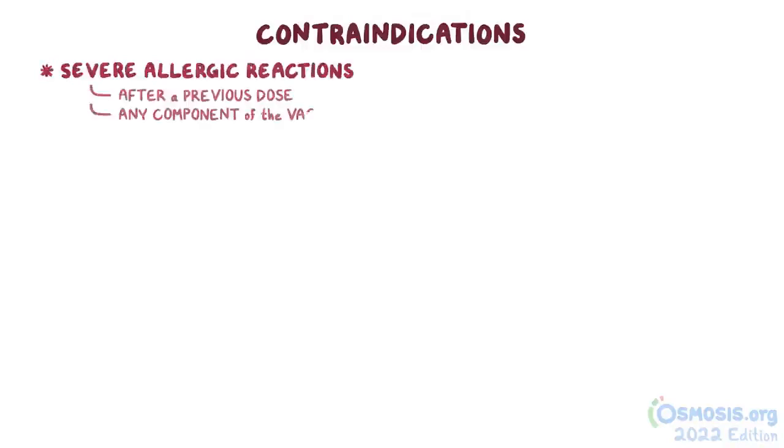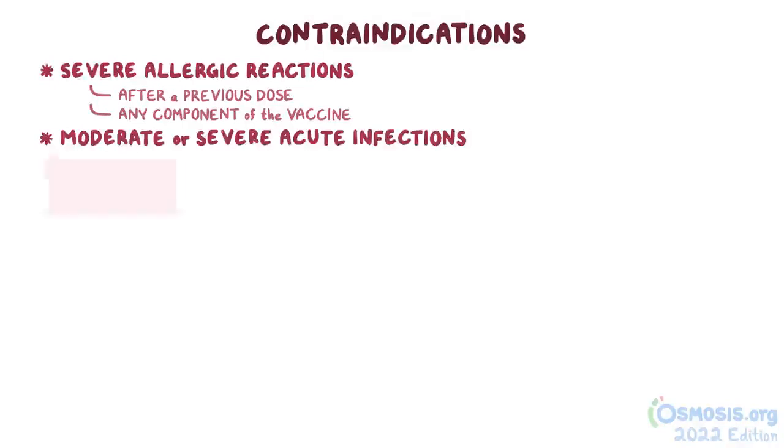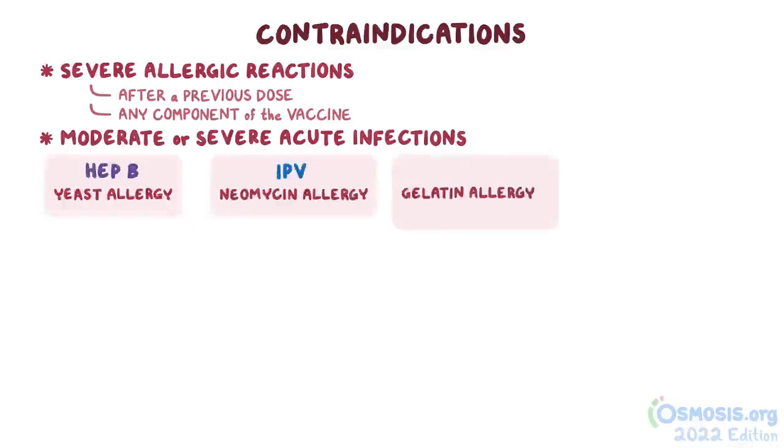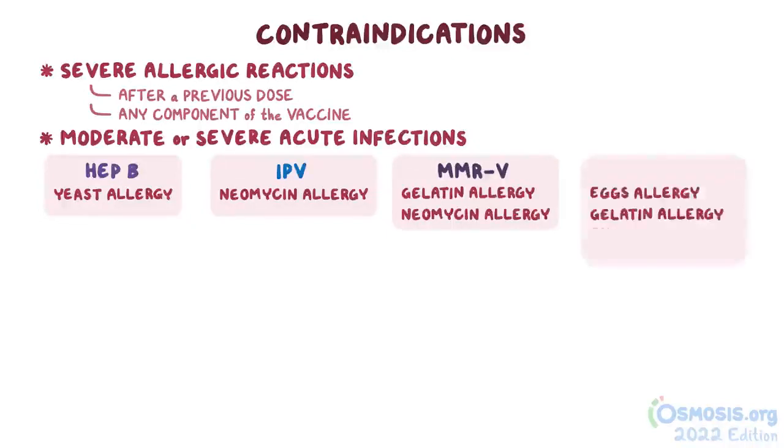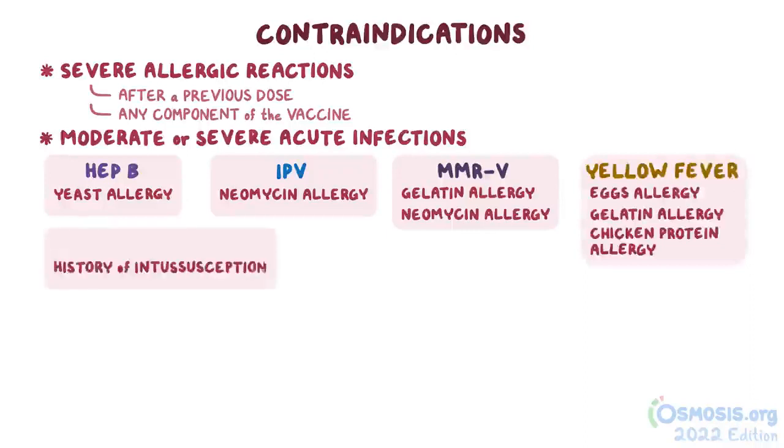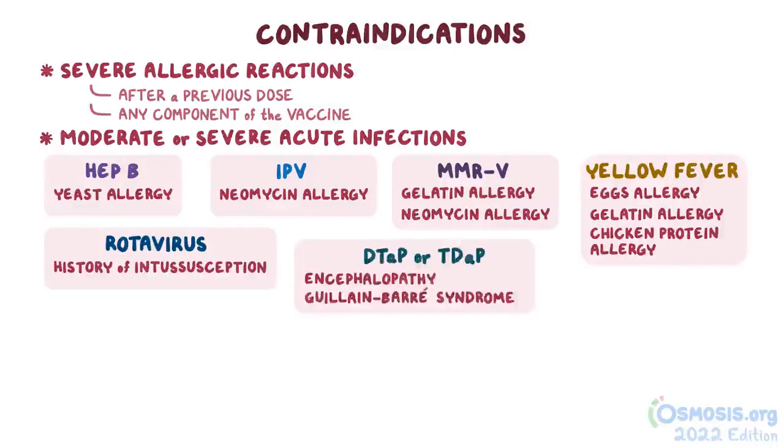Contraindications to all these vaccines include severe allergic reactions after a previous dose or to any component of the vaccine, and moderate or severe acute infections. Some special contraindications are yeast allergy for Hep B vaccine, neomycin allergy for IPV, gelatin or neomycin allergy for MMRV, and eggs, gelatin, or chicken protein allergy for the yellow fever vaccine. History of intussusception is also a contraindication for rotavirus vaccine, encephalopathy or Guillain-Barré syndrome for DTaP and Tdap, and all